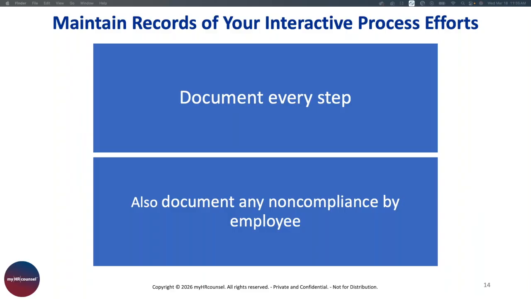You could have emails, you could have records of phone calls, you could have records of things that you sent to the employee, either say by US mail with return receipt requested, or through a courier service with receipt and delivery signature. You want to have documentation of all of your communications with an employee on this subject and your attempts at communication. That's also important.